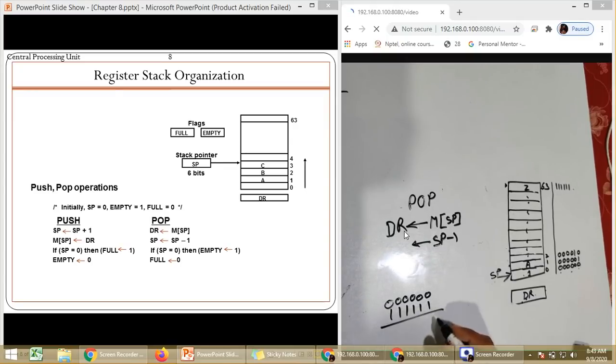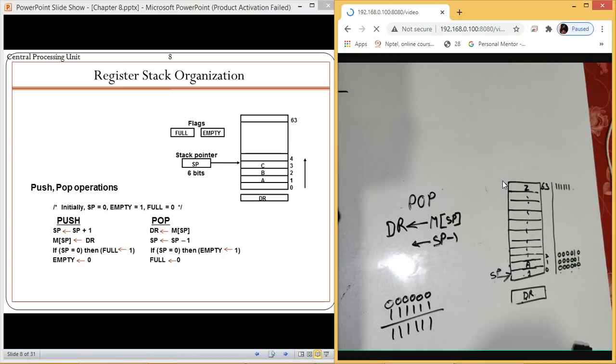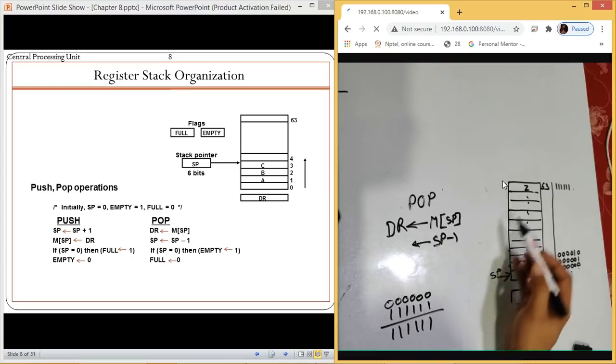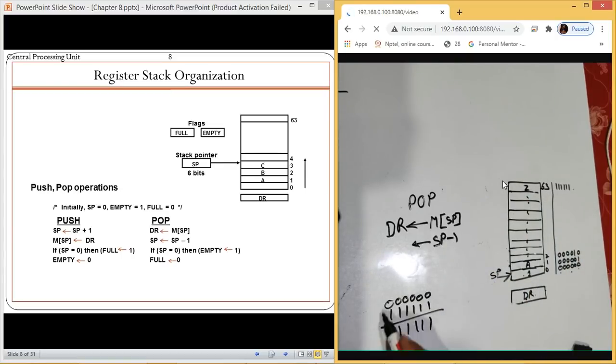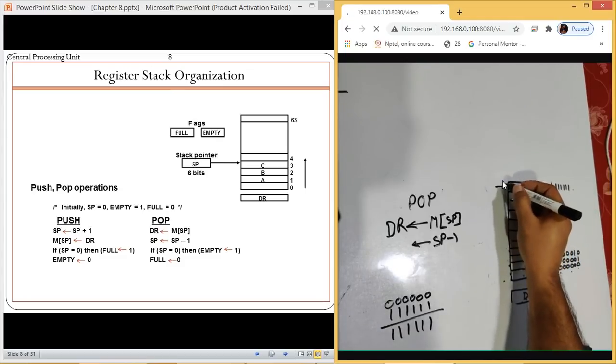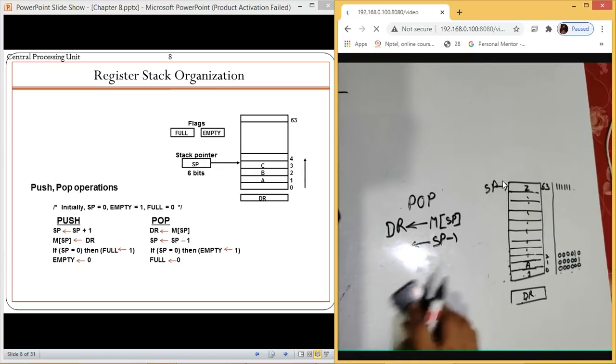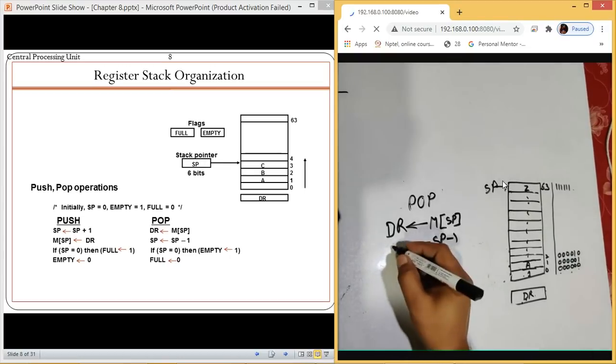So what is it going to be? All ones. So now the stack pointer will shift to this location. From 0, 0, 0, it will shift to this location. It is now the stack pointer. So SP is decremented by 1.